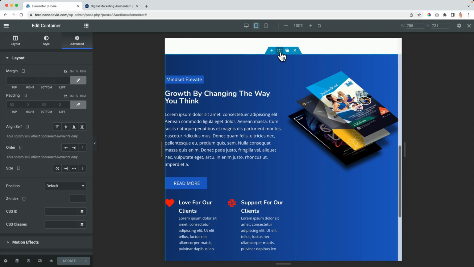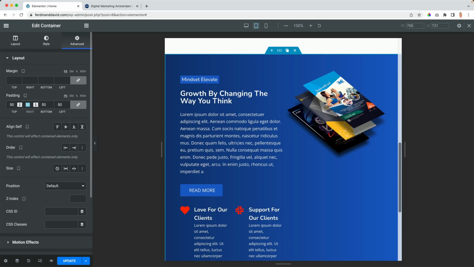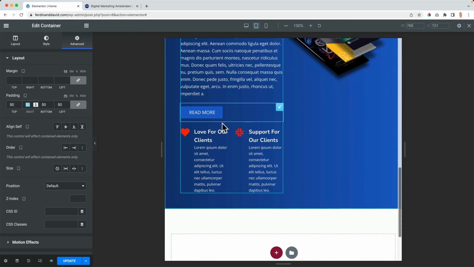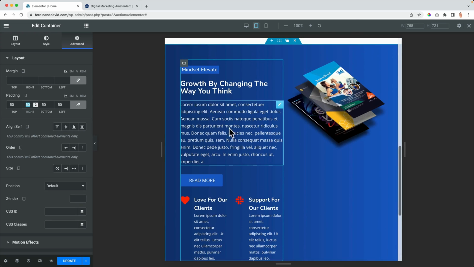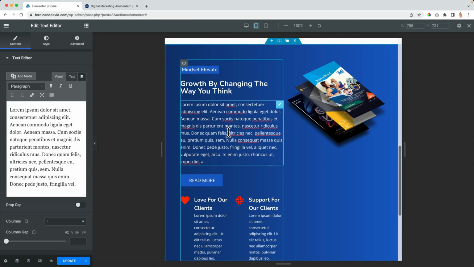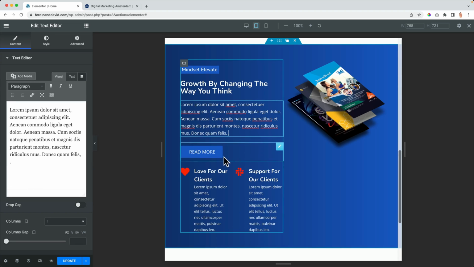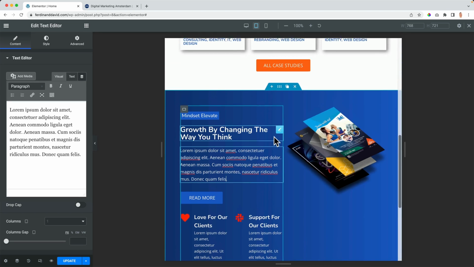Okay. What we know by now, 50 everywhere. What I don't like is this area. So let me take a look at that in a minute. You know what? Let's do it right now. I want to make the text a little bit smaller. Okay, what I want to do,